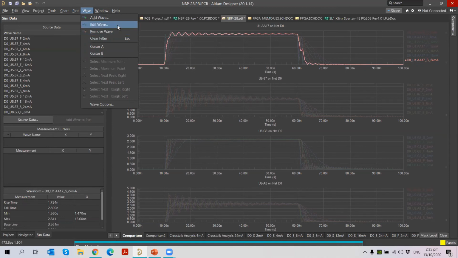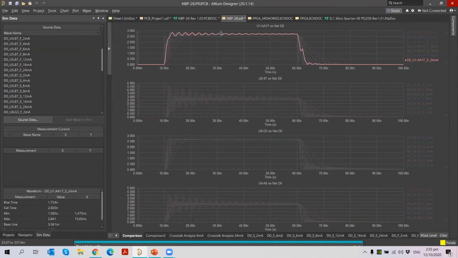And if you want to edit the wave or remove the wave, you can do it all in this wave editor itself. Then when you select the particular waveform, you will see the measurements in your SIM data panel below: the rise time, fall time, minimum, maximum, all this information you can refer to.